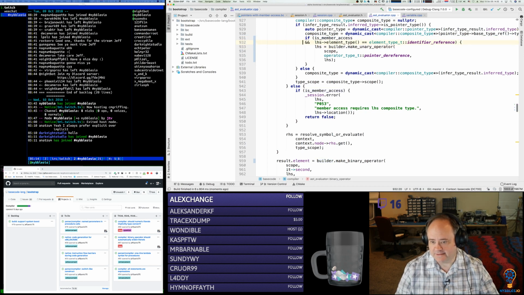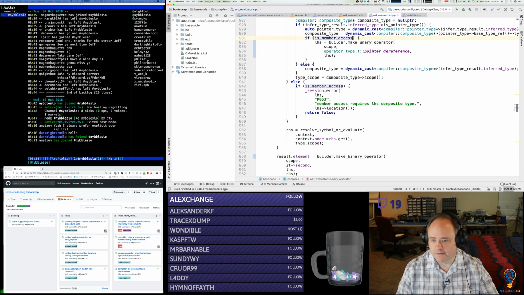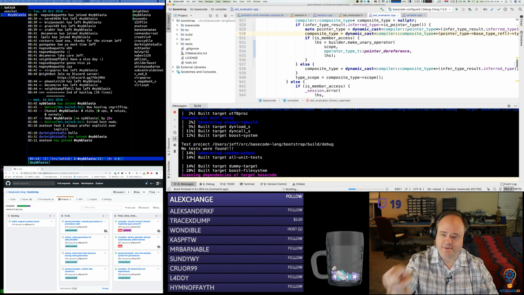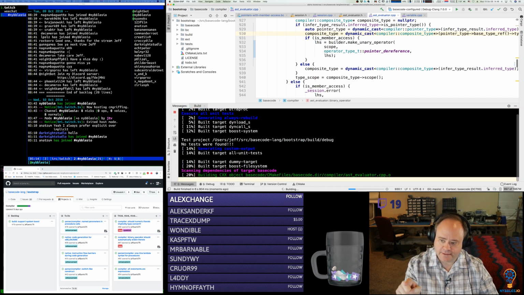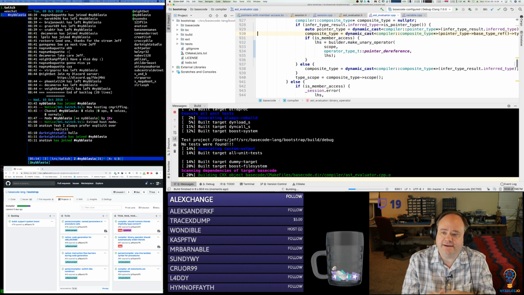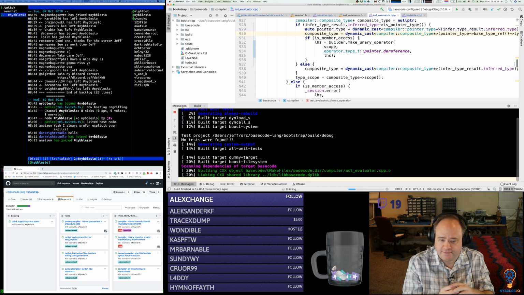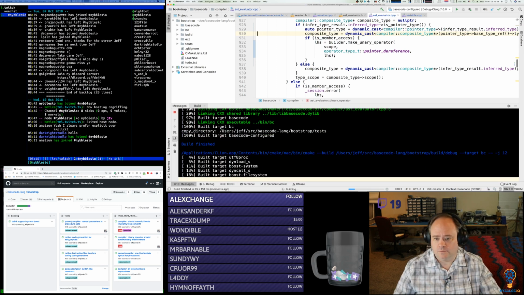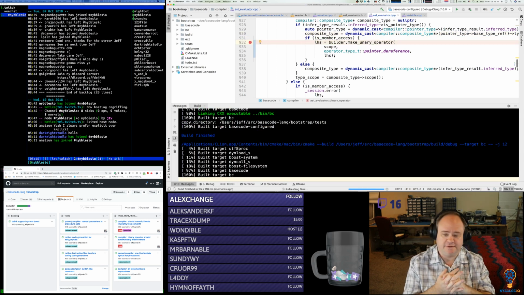I had limited this to just identifier reference, and that's not really correct. I think what I'm going to end up having to do is make a helper function here, because there's actually a universe of things that are valid here, but not everything. So I've got to figure out, yeah, that simplistic condition wasn't really correct. Oops. So we should hit this now,